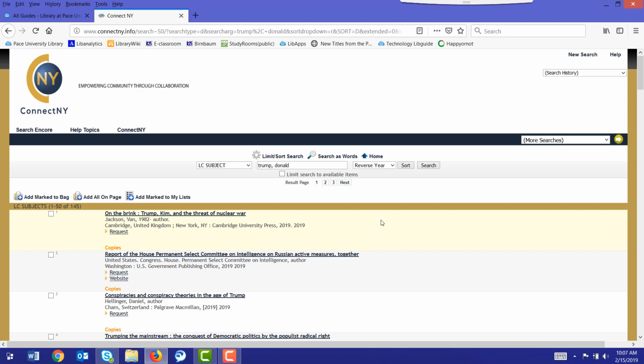And I want to encourage you to start this early. Some of this takes time. Requesting a book from a different campus takes a couple days. Connect New York can take 4 days. Getting something through WorldCat can take even longer, because it is sent to us through postal mail. So you're talking about a week to 2 weeks. You definitely want to make sure you leave enough time to get the books that you need